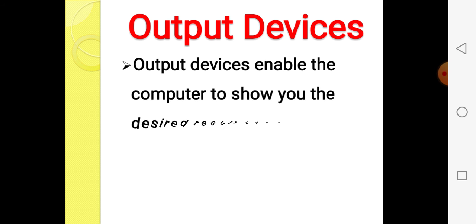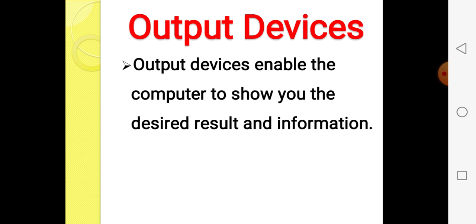So, what are output devices? Output devices enable a computer to show you the desired result and information. It means it gives a proper output, and all devices from which you get the output are called output devices. You already know about the most commonly used output devices like